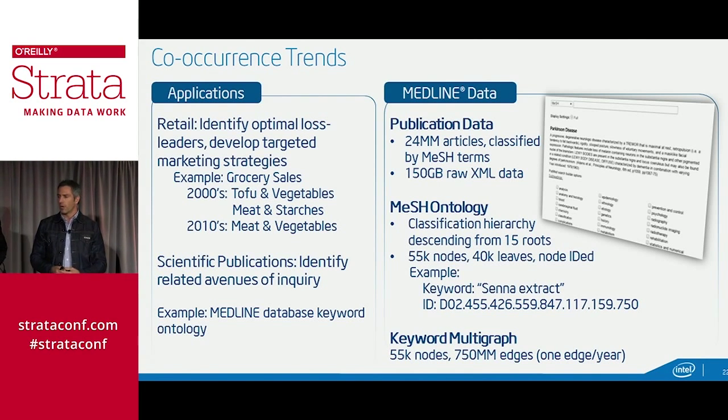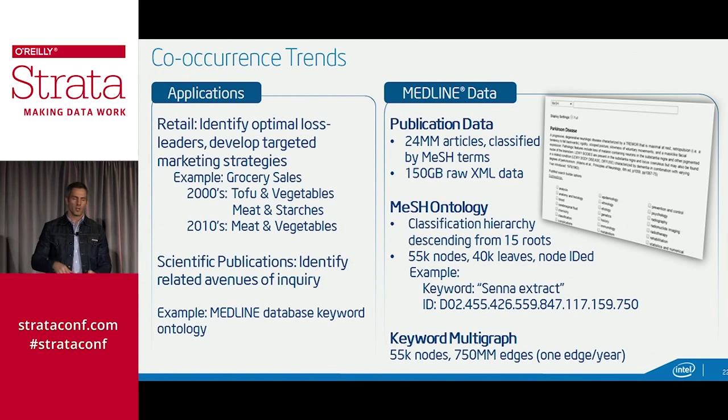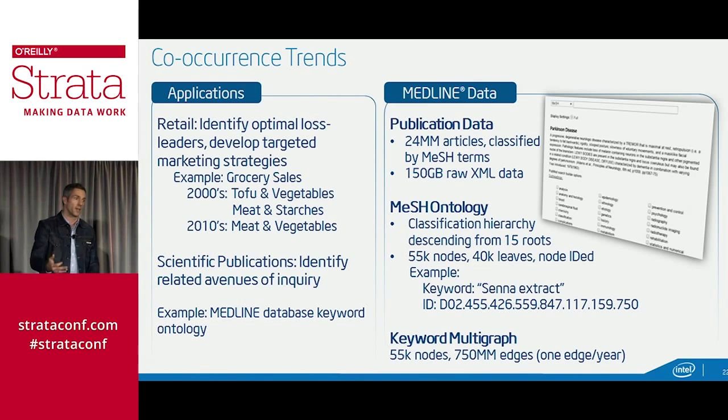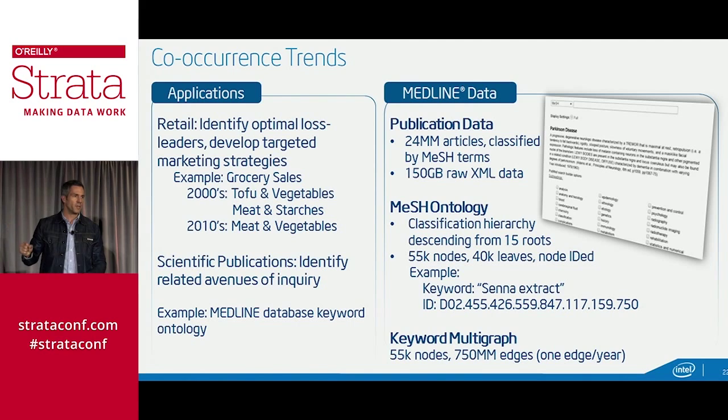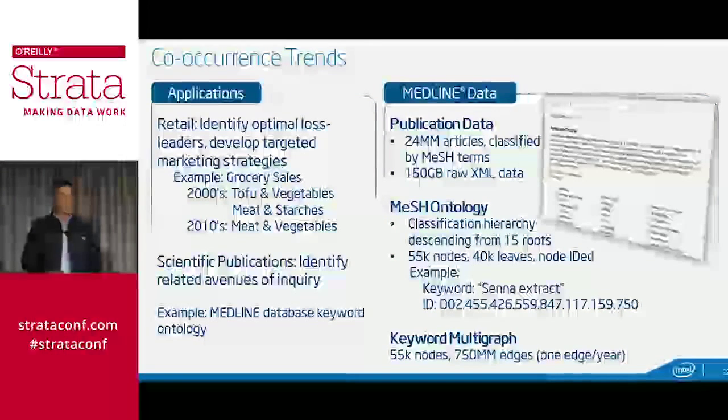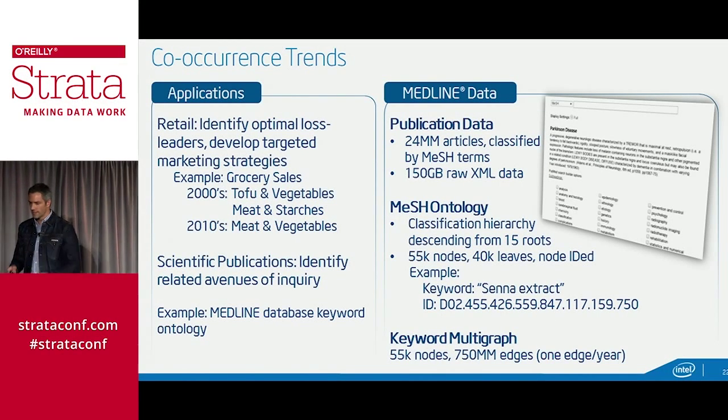Over time, co-occurrence has been used to look at trends. So if you're Walmart, and you have a loss leader product, you're going to lose money on it. You want to see if people are going to come in and buy something you're going to make money on. So you can look at co-purchasing patterns with co-occurrence analysis. We're going to analyze the Medline database. Just about any medical paper written goes into it, 24 million papers. And we're going to look at co-occurrence of keywords in there, which can lead us to new discoveries and innovations in medicine. So, Zach, take it away.